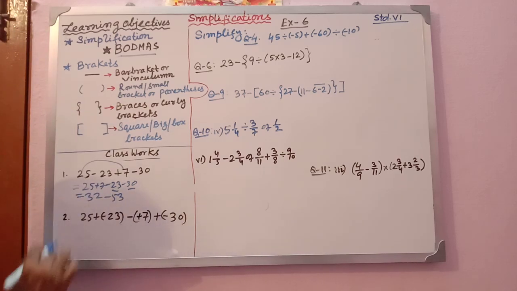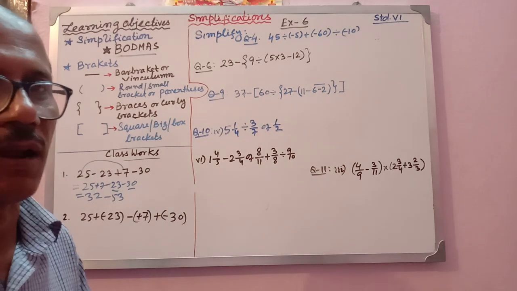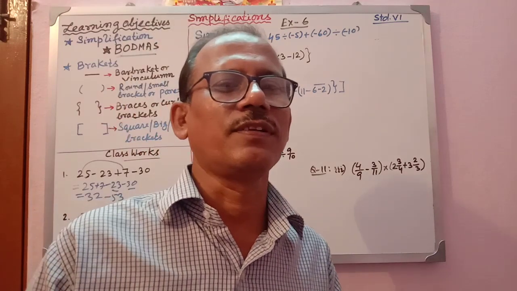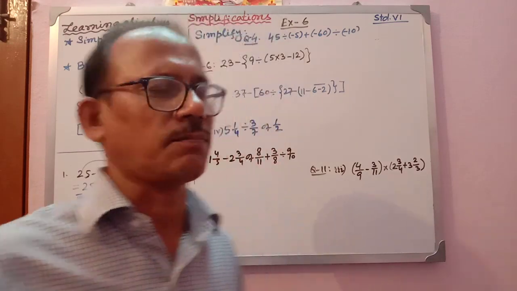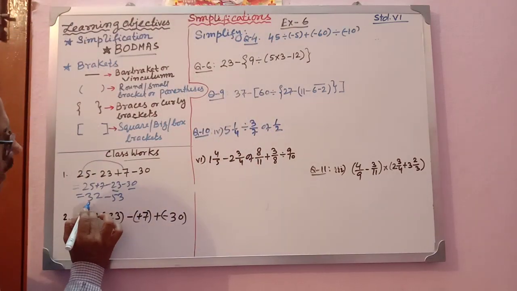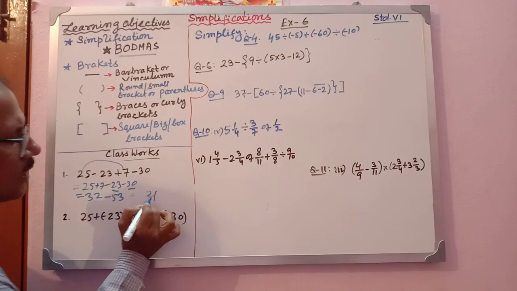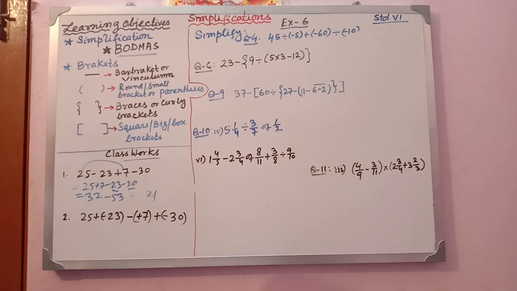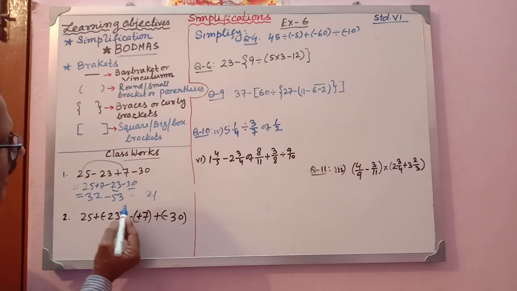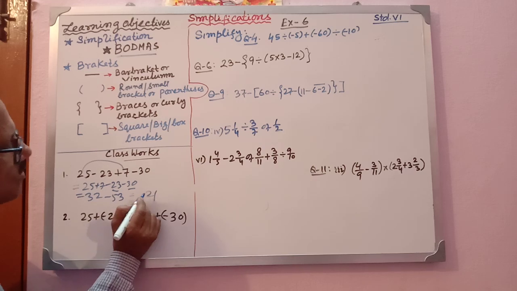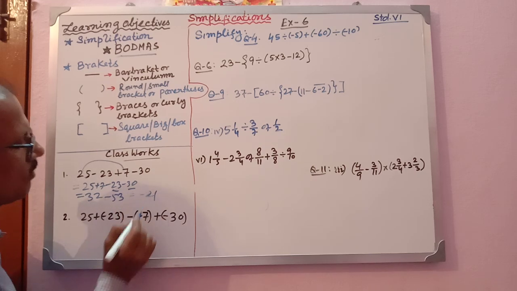Now the signs are different, so you have to do the subtraction. When there is no bracket and plus and minus different signs are there, the numerical values have to be subtracted, the greater number minus the smaller number. If you subtract the greater number from the smaller number, you will find 21. What sign will 21 carry, plus or minus? At that time you have to see which sign the greater numerical value has. Minus sign, so it will carry the minus sign. I hope you have understood it.